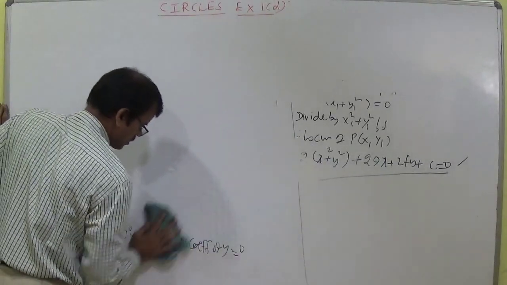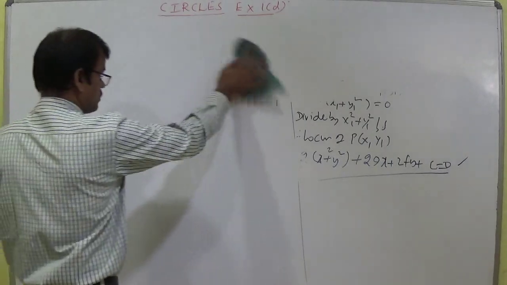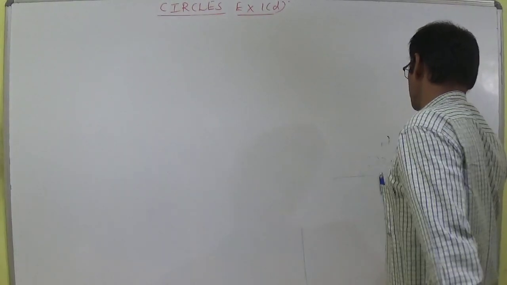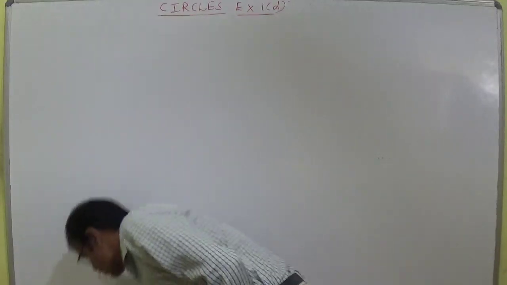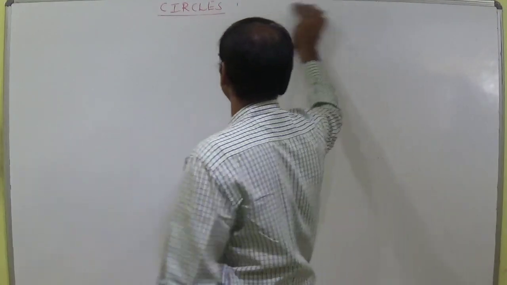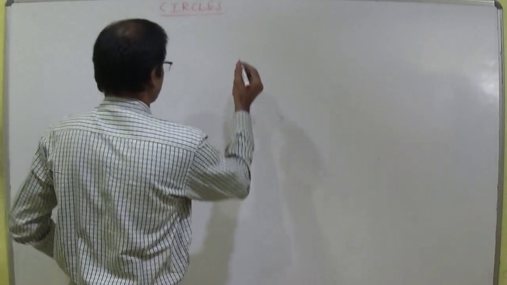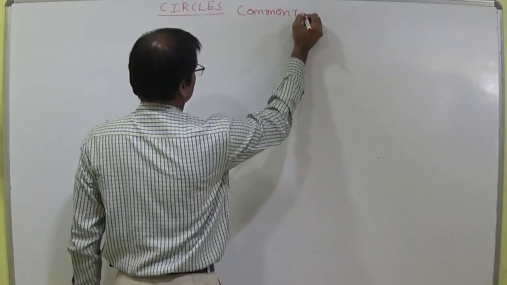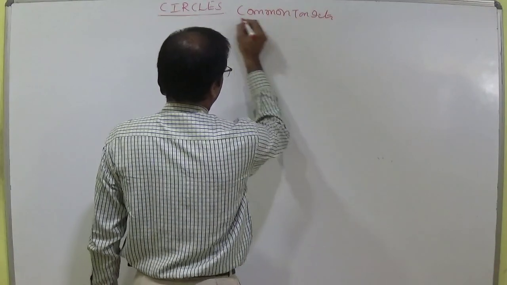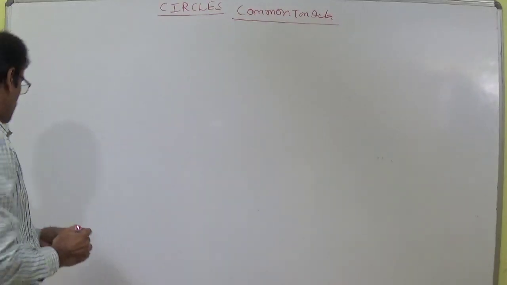That is the most IMP topic for IPG, MSET and objective also. In MSET one question, you will get in MSET one question regarding this exercise 1E concept. So concept depends upon exercise 1E. The concept is common tangents. The topic circles only common tangents. Concept name is. If a line, put side heading.